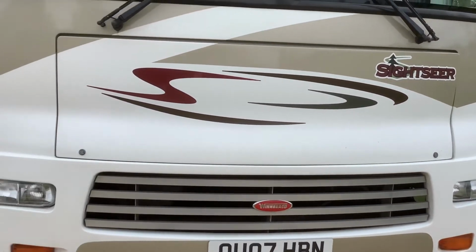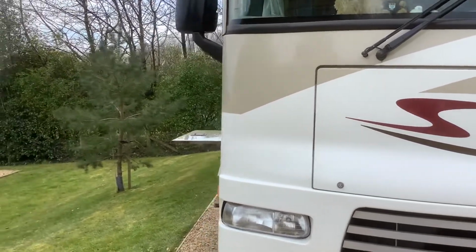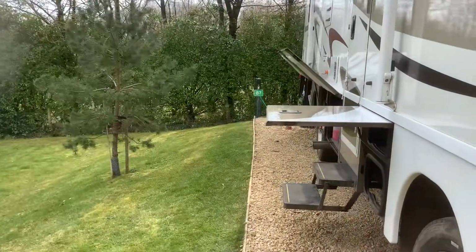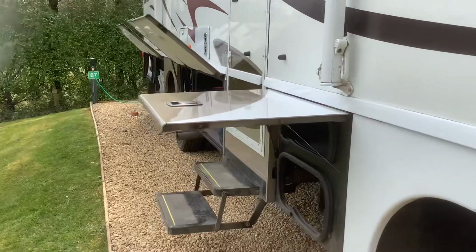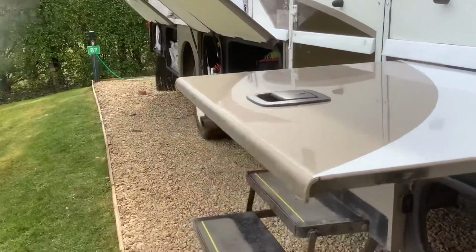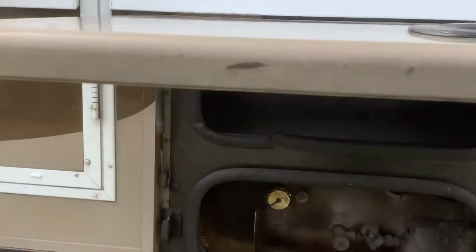So a little while ago I did a tour of the inside of Grace, and I promised then that I would come outside at some point and give you a tour of the outside storage lockers for those of you who are interested. So starting off at the front here on the passenger side, by the door in the front